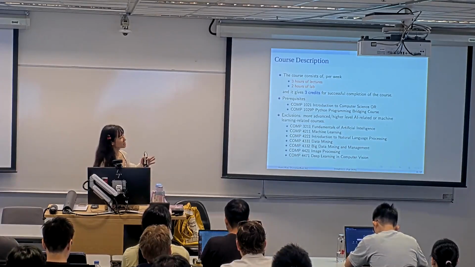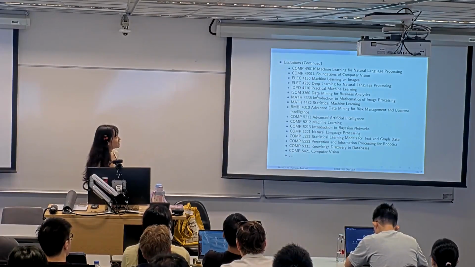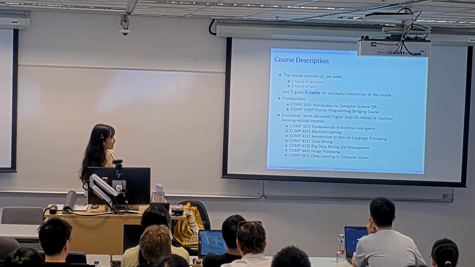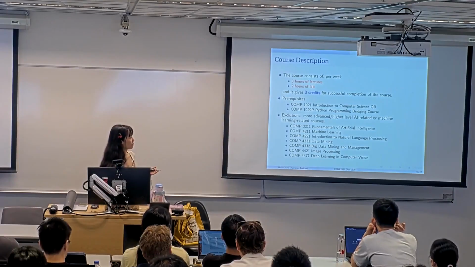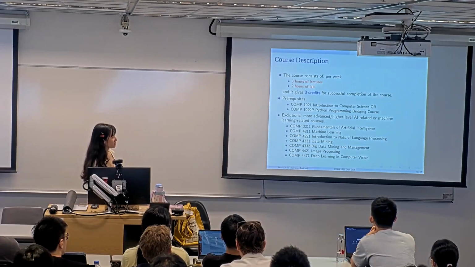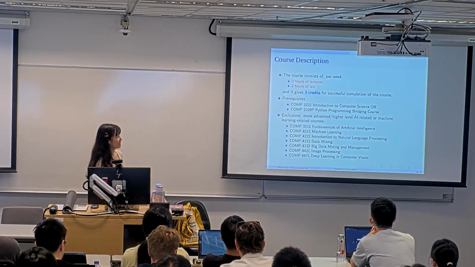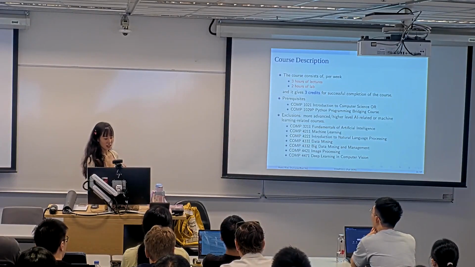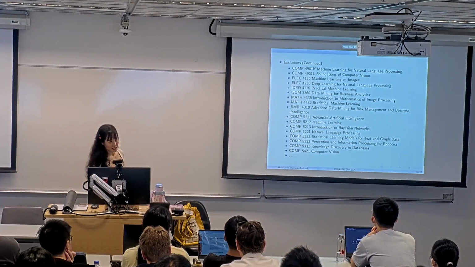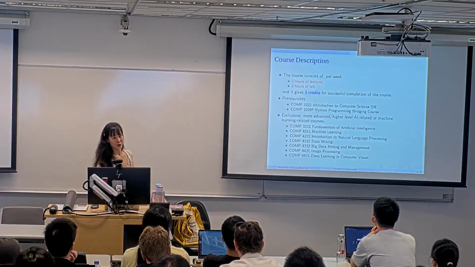So as you can see, this is not the list. We have a longer list here. As you can see, 3211, fundamentals of AI, 4211, machine learning, 4221, introduction to NLP, like anything related to machine learning or AI at higher levels, they are exclusions. That means if any student has taken these courses, then they will not be allowed to take COMP2211 because